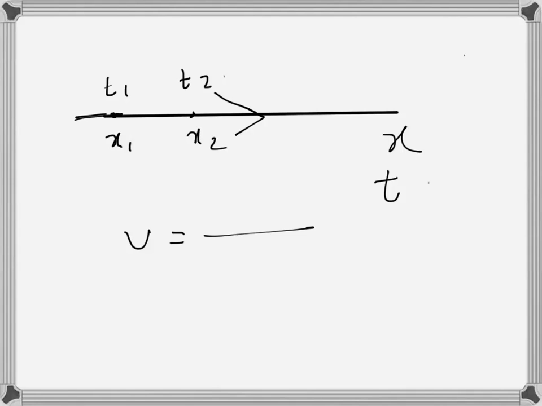Let's say this particle is traveling in this direction. This direction is x, and any time t. So the velocity with which it's traveling, the average velocity rather, is given by the distance. So if this position is say x1 and this is x2, and the particle is here at t1 and this is at t2, so the time taken is t2 minus t1, and the distance traveled is